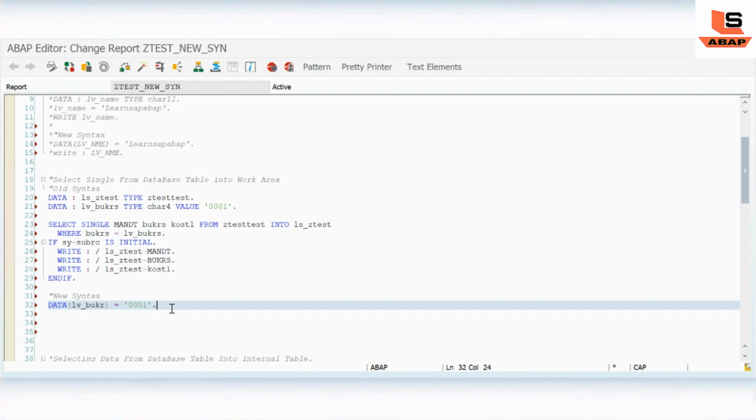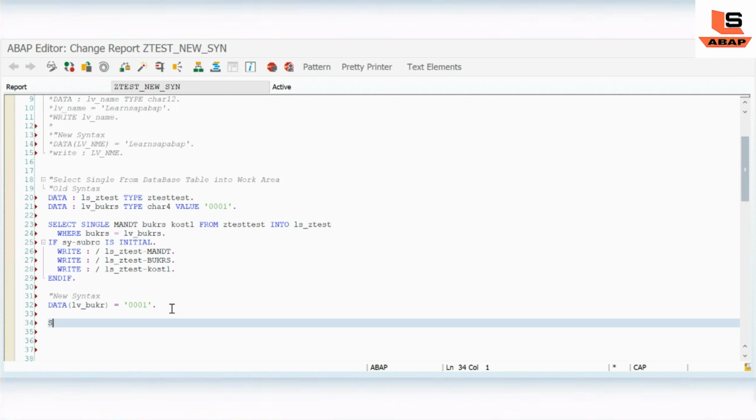Okay, so now here I will use the direct select, just compare the select query. How I'm writing mandate, then comma, bookers. Here we are going to use the inline declaration. Kostl, I'm using the same field. So here from z test into,